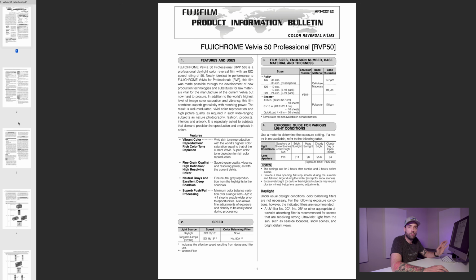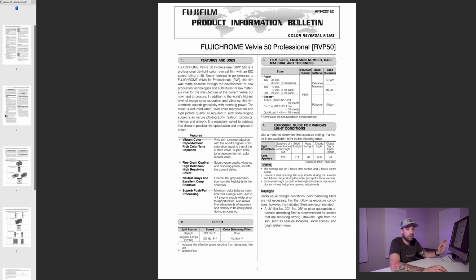So I've got the Fujifilm Product Information Bulletin open up on my screen here, and you can download these from online. You just Google Fujifilm Velvia 50 datasheet or whatever film it is you're using, and you'll find this on Google quite easily. So once you've downloaded it, you open it up, and then with the Fujifilm datasheet you go